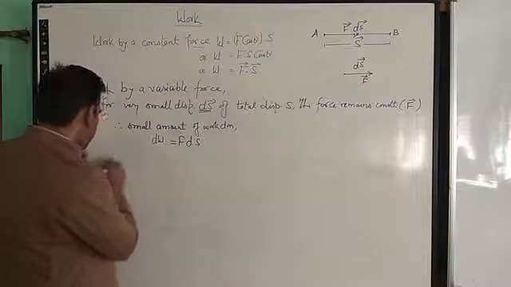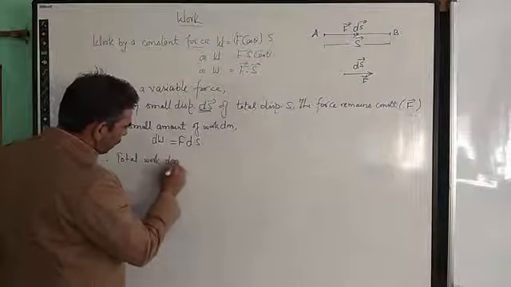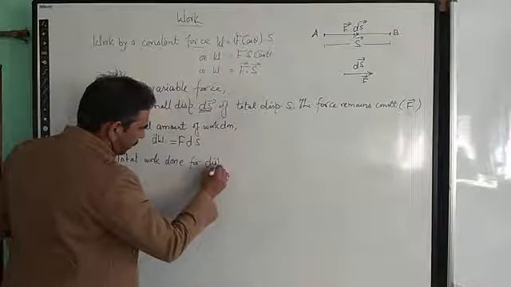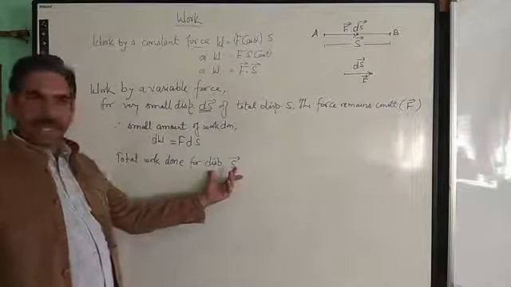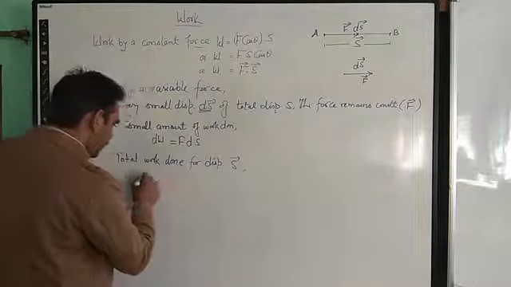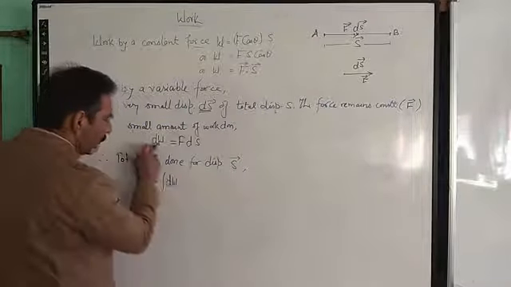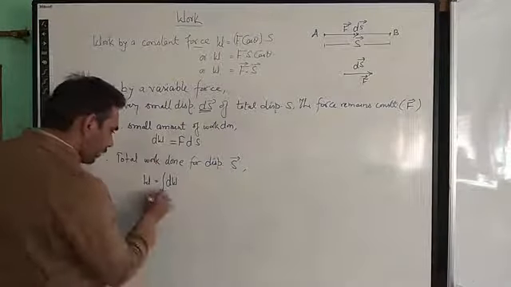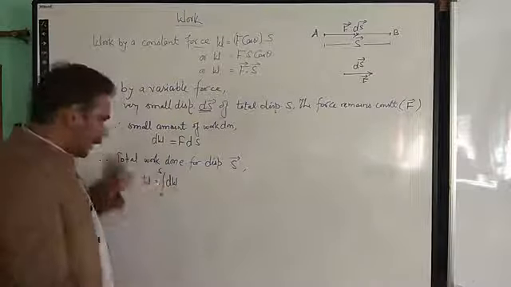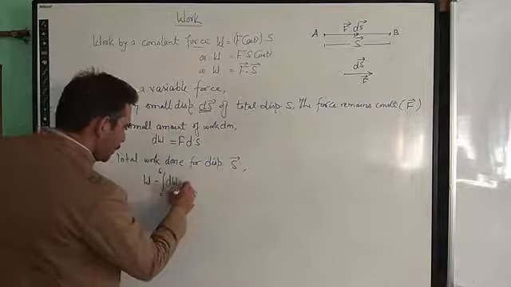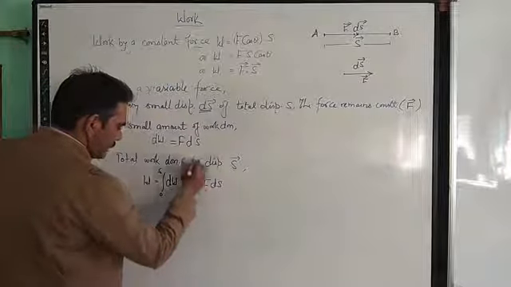So how do we find the total work done? For the whole displacement S, what is the total amount of work done? We write it as W and calculate it as the integration of all such amounts of work for the displacement 0 to S, or it may have been given S1 to S2, or between any two such limits. This is nothing but the integration of F ds from 0 to S.